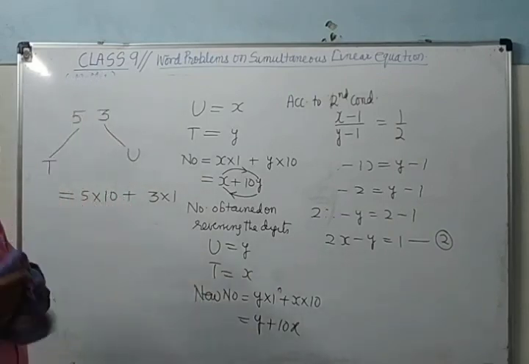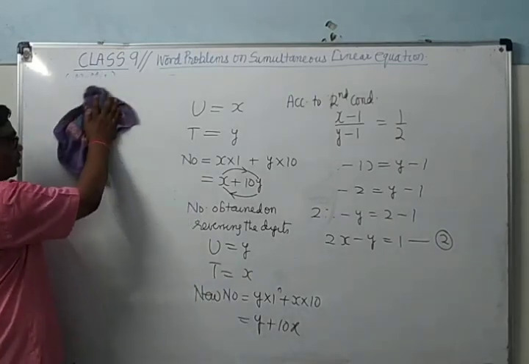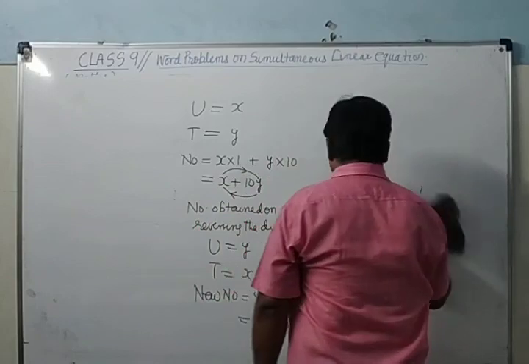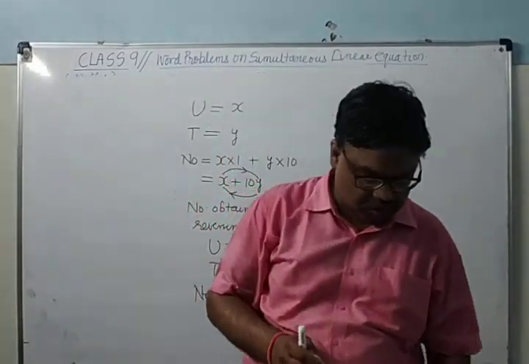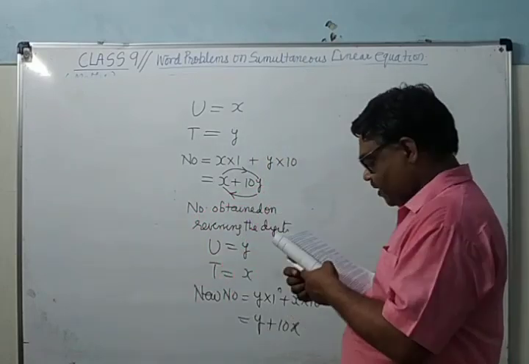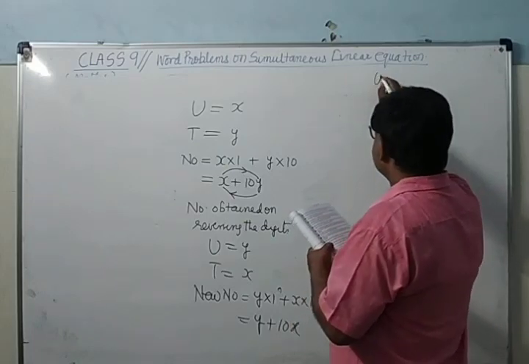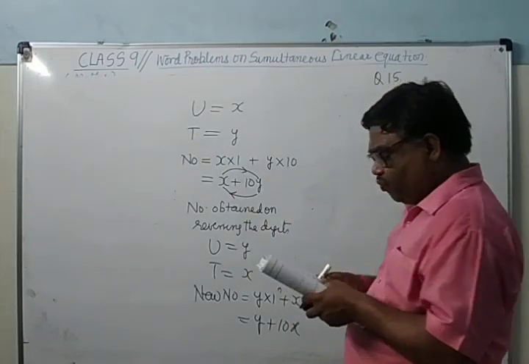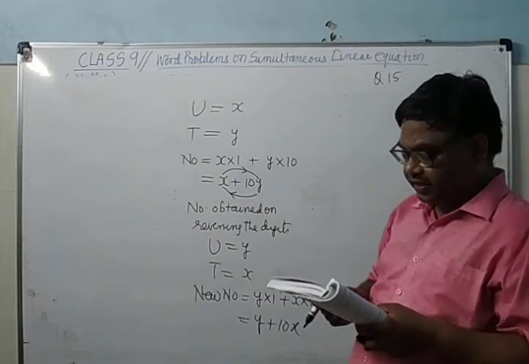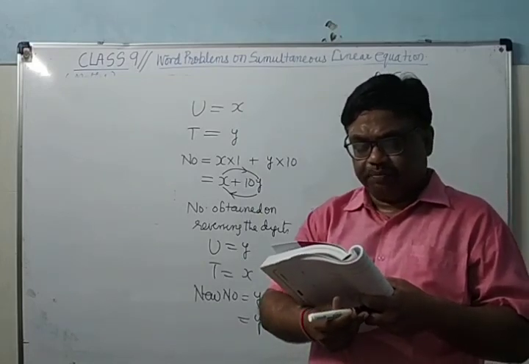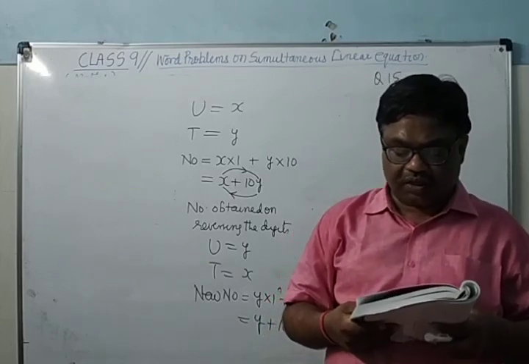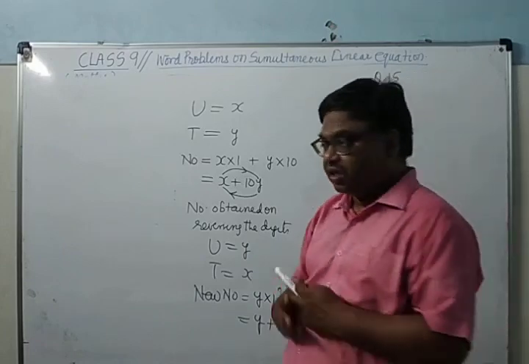So now you can see the question. Here, most of the questions will be on 2 digits. Or in our course, only the problems of 2 digits are in our course. So you can see here question number 15 I am doing. Question number 15. When a 2-digit number is divided by the sum of the digits, the quotient is 8. If the tens digit is diminished by 3 times the unit digit, the remainder is 1. What is the number? So first 3 lines you will write.